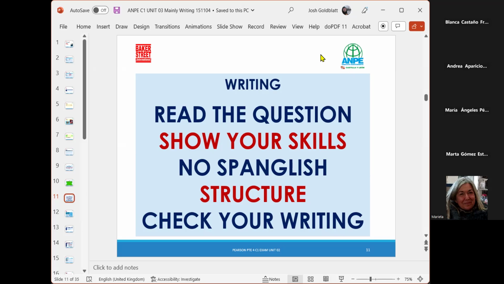So when you're writing, if you find that you are writing everything in the present tense, last week I go to the mountains, it's not correct, is it? It's last week I went to the mountains. So if you find you're only using the present tense, this is not good enough. You need to use that variation. You also need to show your vocabulary. Right then. No Spanglish, of course.